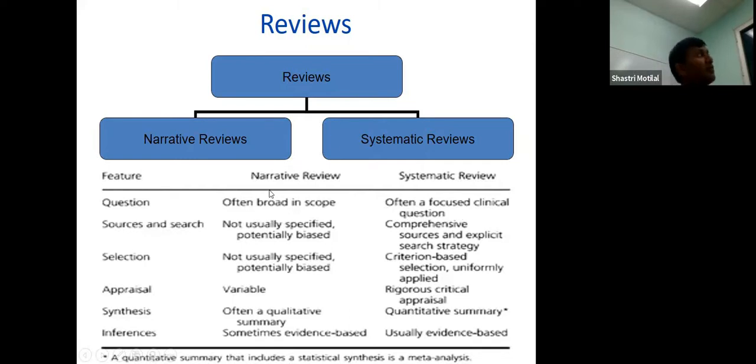When you do a narrative review, the people doing the review don't always look for all the possible sources. They may just do a literature search, and the first article that comes up on PubMed, they write about that. Whereas if you do a systematic review, what you should do is look for all the possible articles. And we'll see in a bit how you could try to do that.